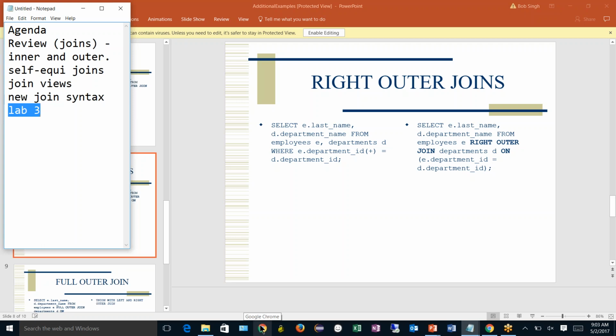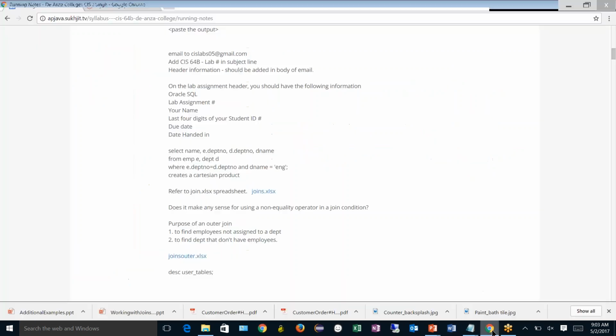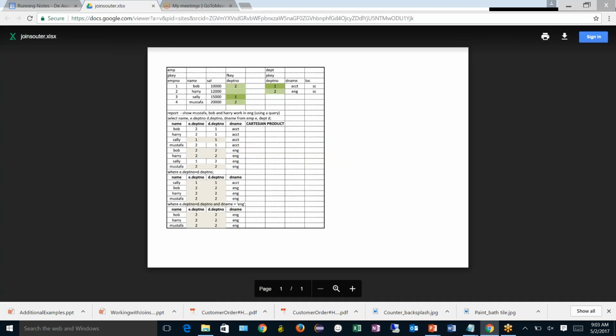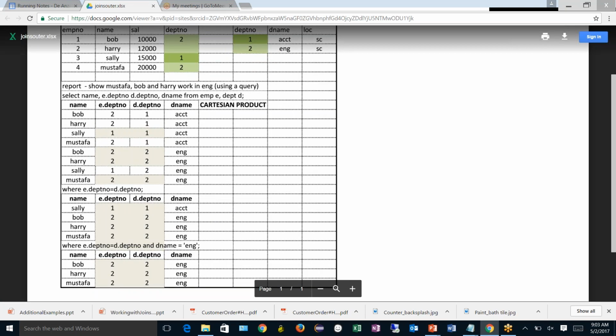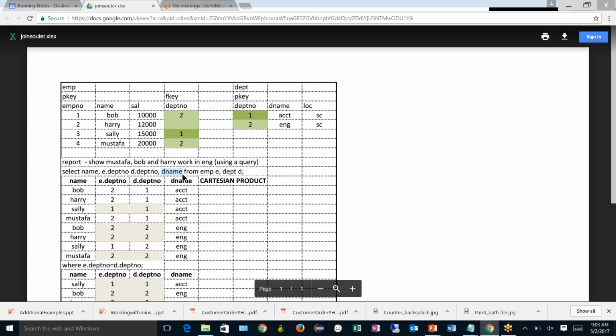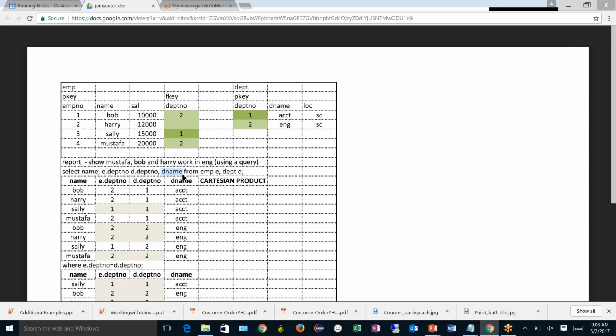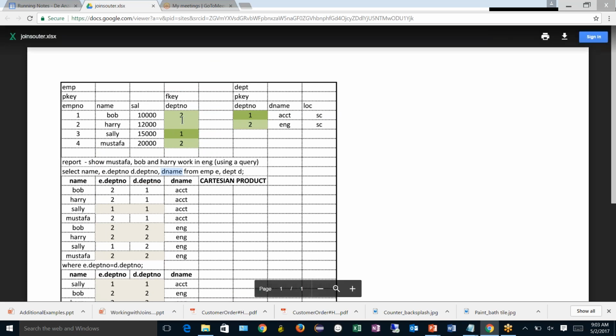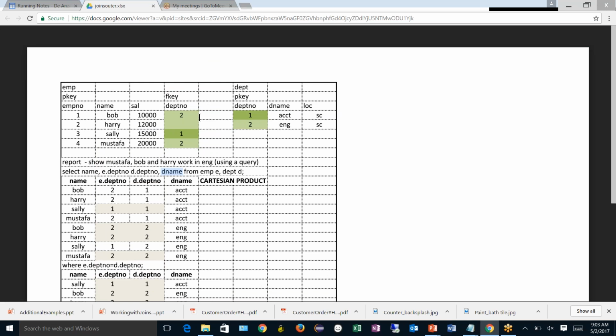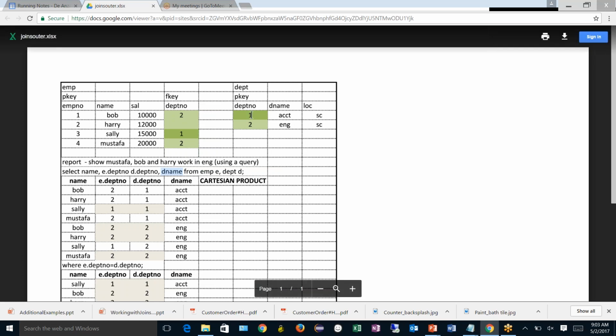I wanted to go to the website and bring out this Excel sheet that I created for you all last time. And you might remember this, right? So doing joins means you are trying to create a connection between two tables